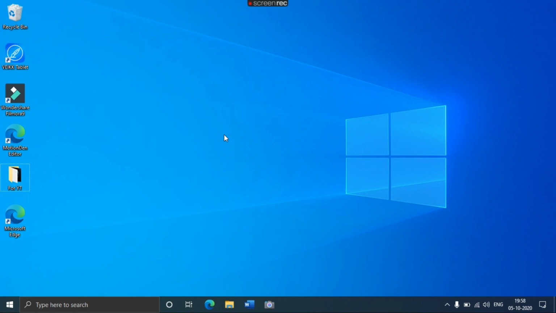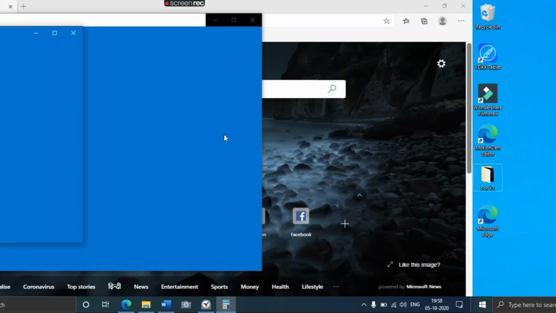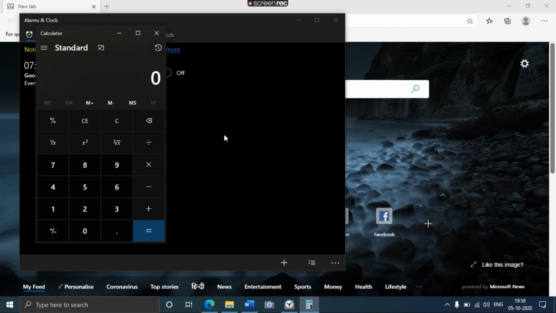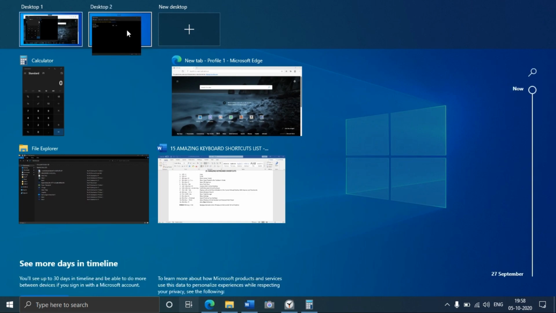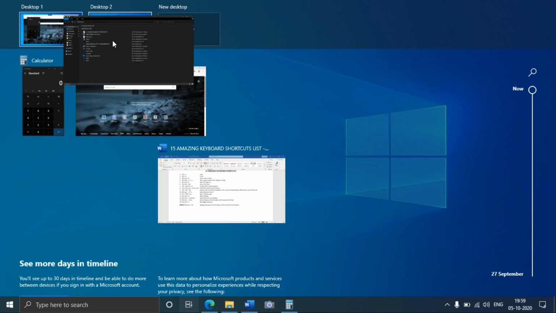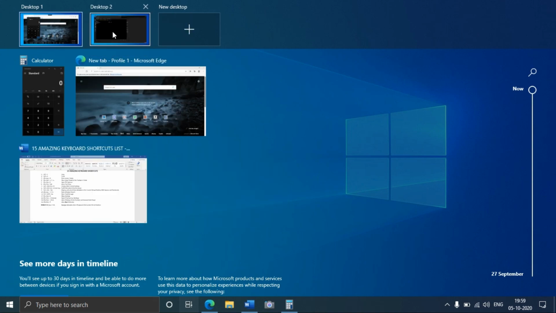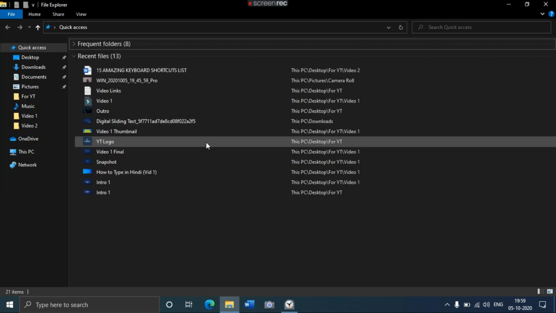To switch between virtual desktops, you have to hold down Control and Windows keys and use the arrow keys. So I hit left, after holding Control and Windows, and all these windows are here. To shift a window to the new virtual desktop, I'll open Task View with Windows Tab and just drag this window into the new virtual desktop. See, File Explorer and Alarms and Clock go to the second desktop. Now it's quite organized.